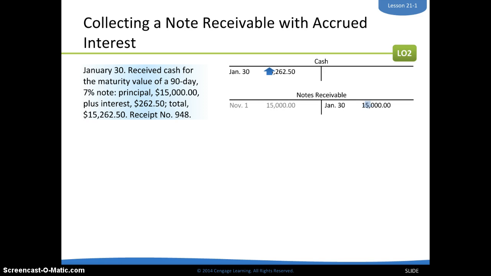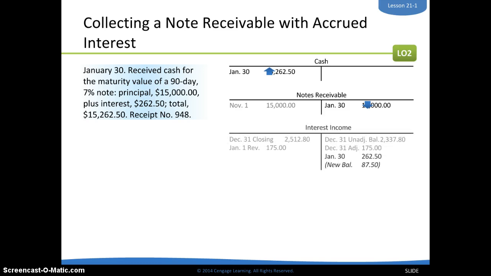We're going to credit notes receivable for the principal amount of the note. Now I've got this interest, $262.50 in interest income, because I did the reversing entry over here, and I ended up starting the fiscal period with a debit balance in the account. When I receive the cash, I don't have to try and revert back and remember what I did. I can do it just like normal. I can credit interest income for